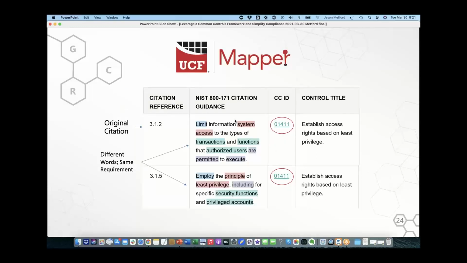Here's an example of a particular document, this is NIST 800-171, with a couple of citations in there, showing deduplication within a particular document, right? So you've got 2 different groups of words in 2 different citations, but as you analyze these, you can see that if we establish access rights based on least privilege, we're actually complying with both of those particular mandates.